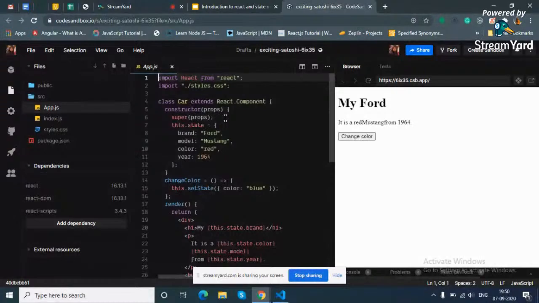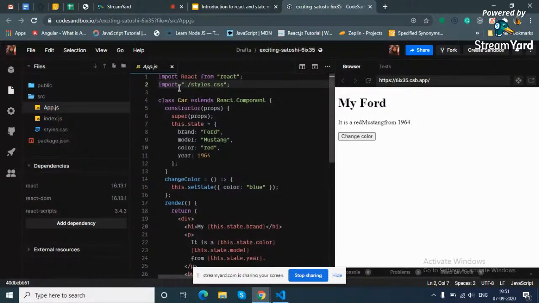So just look here. I have import React from React. Whenever we start an application in React, we use npx create-react-app. This is the syntax for creating it. It creates a folder that contains node modules and the basic template of React. I don't think styles is needed, but let's keep it. Then we have